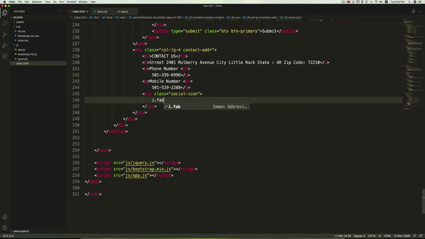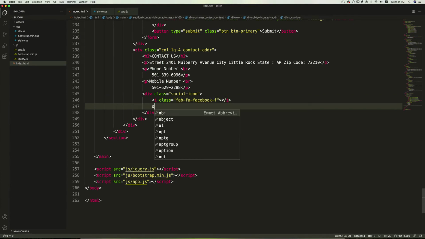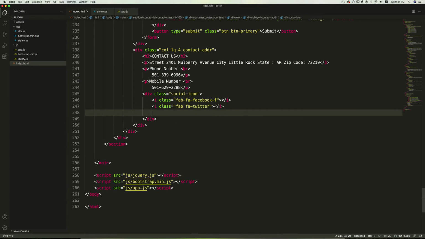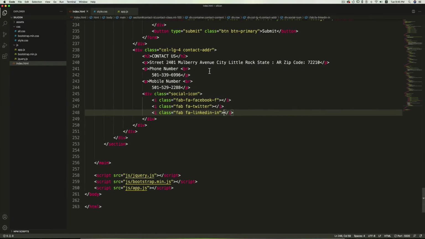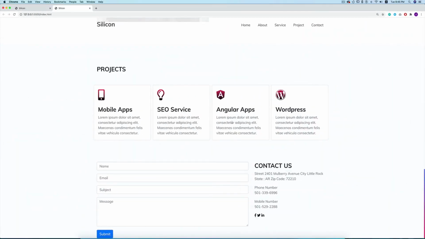So i fab fa-facebook-f, and i fab fa-twitter, and i fab fa-linkedin-in. So let's see. So Facebook is not showing. Let me check. So we have the icons. So this is the markup for the contact section.